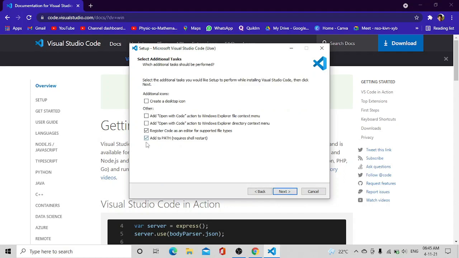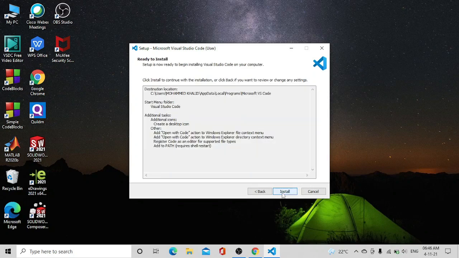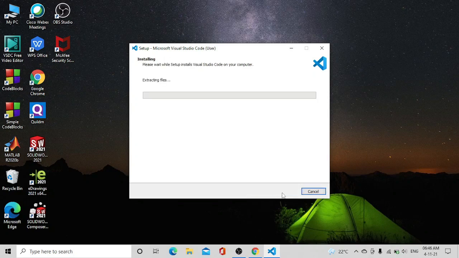See, these four boxes, actually we have to check them. If they didn't get checked, you have to check them. And if you want an additional icon like a desktop icon, like this, if suppose this is Code::Blocks, so if you want the same thing for VS Code, click on this and click on next, and then click on install.